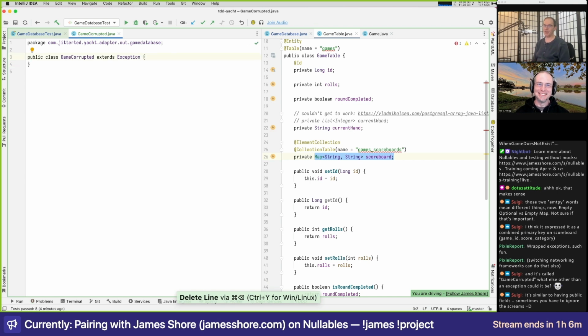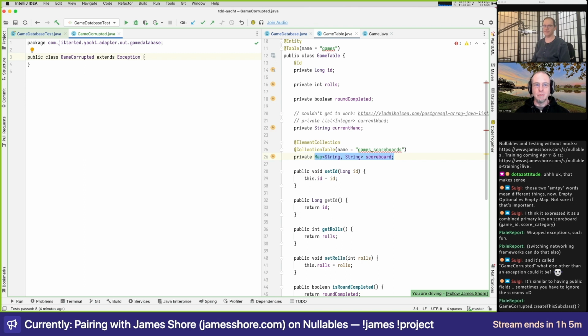We could have game corrupted be the overarching exception and then have a bunch of little subclasses of exception. Personally, I'd probably just use a message though. Yeah, unless you need to tell the difference in code, I certainly wouldn't start there. That would be something I'd refactor to, where it's like, oh, this is a more precise type, and then propagate that kind of thing.